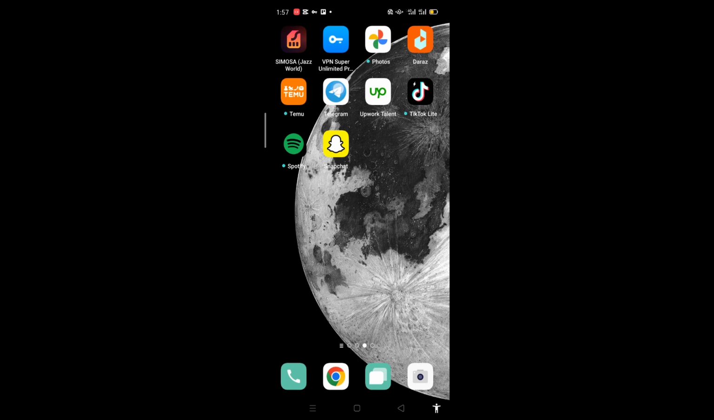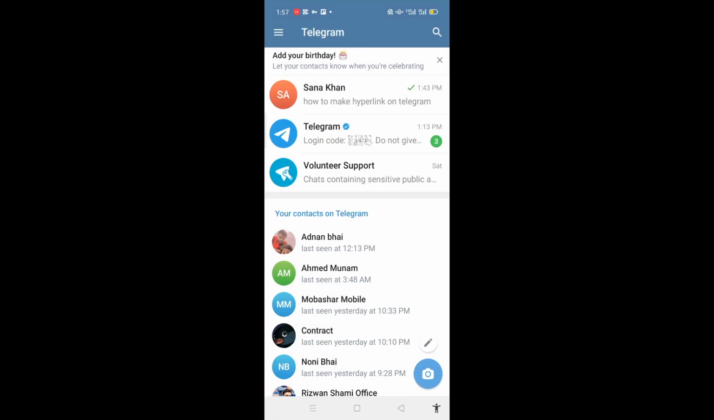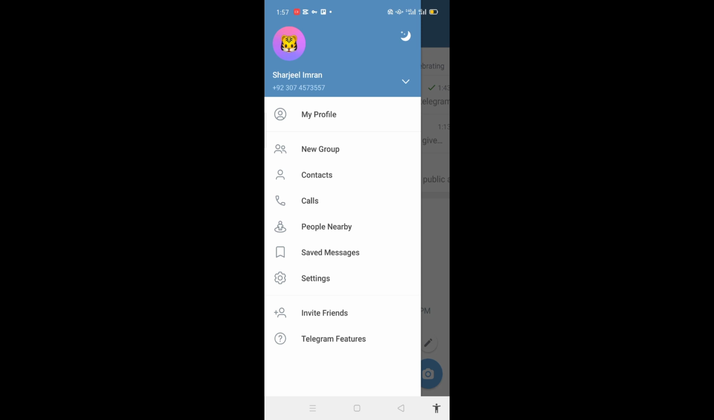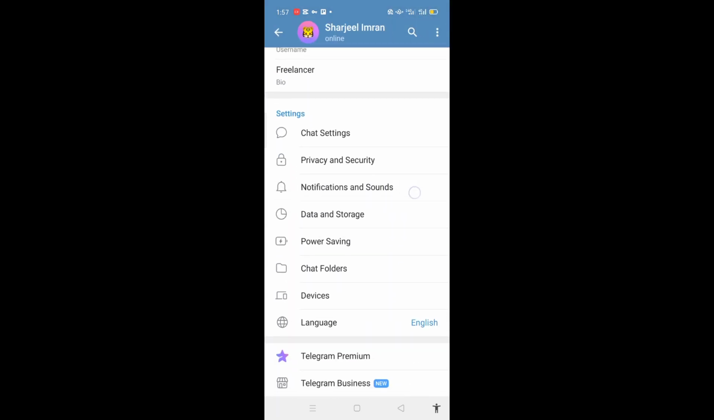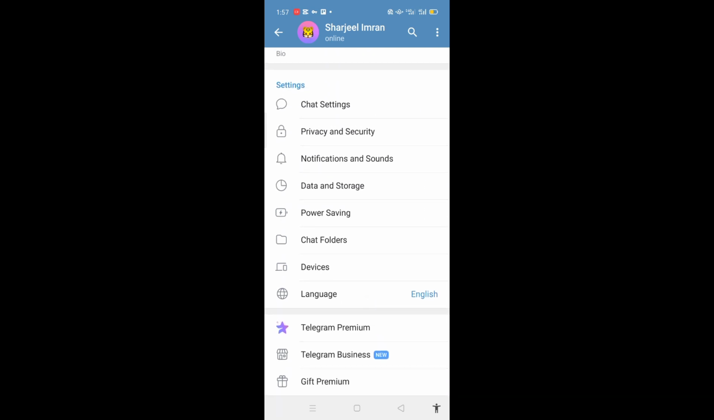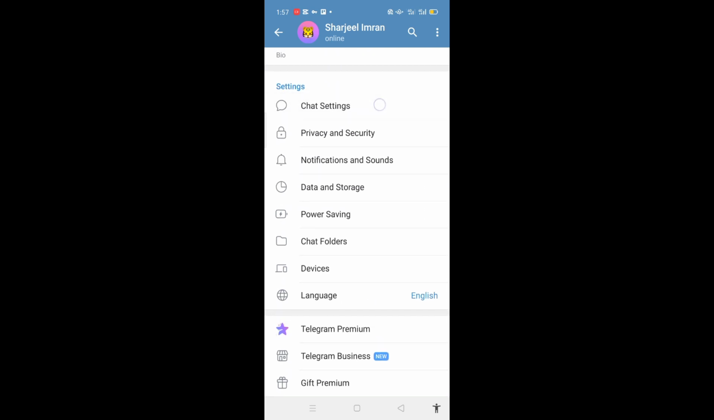So you have to just open the Telegram app and go to the top left of the settings, and there is our settings, and scroll down. There is the top one, chat settings. So you have to click on the chat settings,